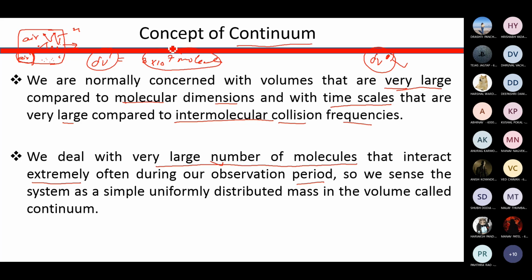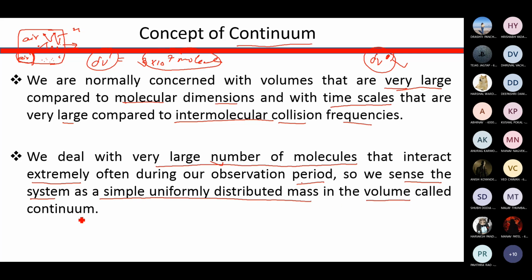Now imagine how many molecules there will be if I select the entire tank as a volume. That number is going to be huge. That's why this line says we deal with a very large number of molecules that interact extremely often during our observation period. So we sense this system as a simple uniformly distributed mass in the volume,